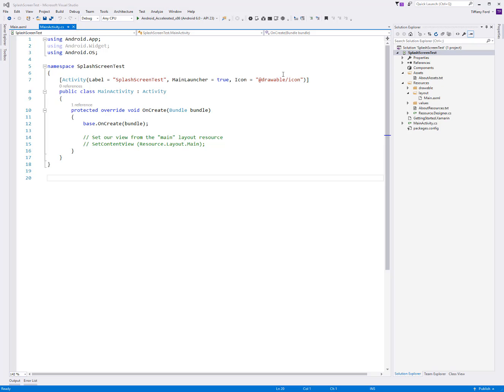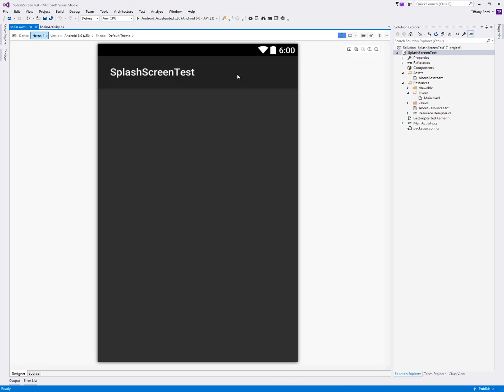Okay, so let's talk a little bit about splash screens. Probably the most difficult thing to understand when we're setting up a splash screen in our application is that we can't use one of the built-in Android themes. We have to create a custom theme and then apply it to the activity that is ultimately going to display our splash screen. So I'm sure you're aware you have all these built-in themes in Android that come with the